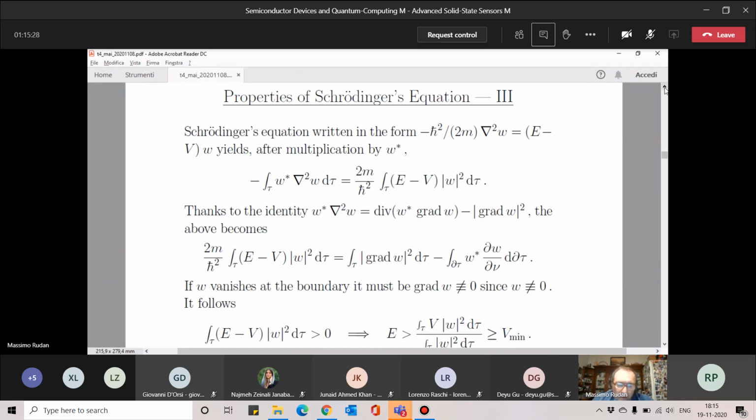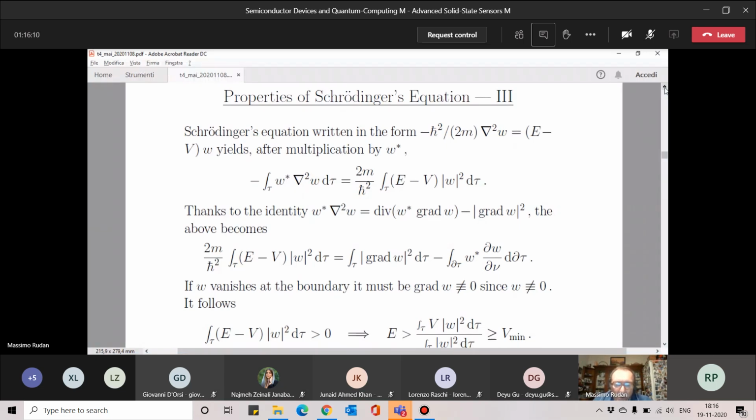You can exploit a vectorial identity, that is that the product W star times the Laplacian can be written as the divergence of W star times the gradient of W minus the square modulus of the gradient of W. Actually, for this, you should start with the divergence, calculate the result, and then you bring the square modulus of the gradient to the right, okay? So you replace